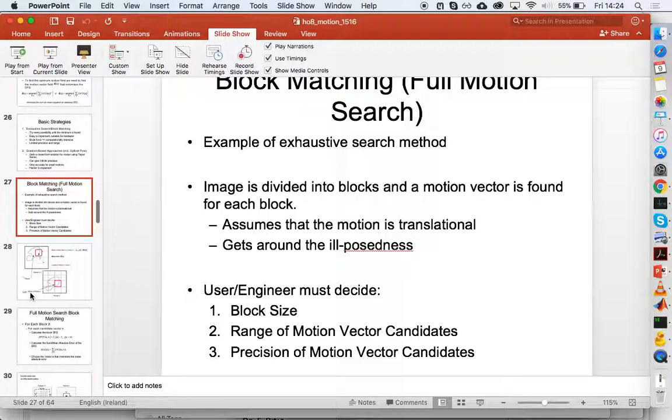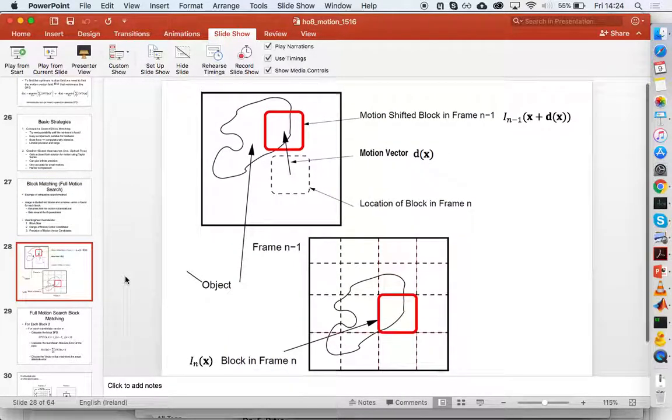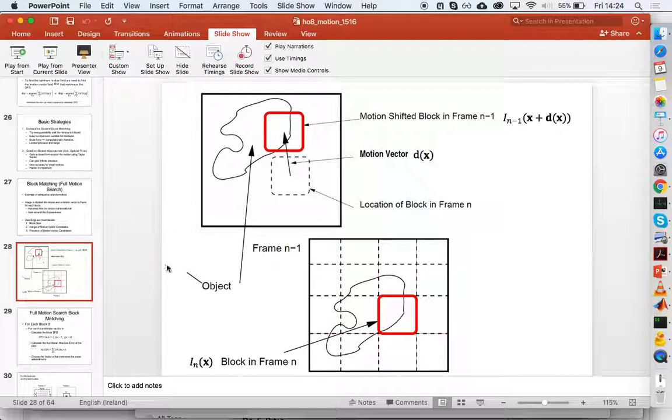Yes. So let's look at the graph here, okay? So is this the best one we have? Okay, so this is the two frames. You have this vaguely shaped object here, and this is in the next frame. So frame n-1, frame n, and what you do is you look at